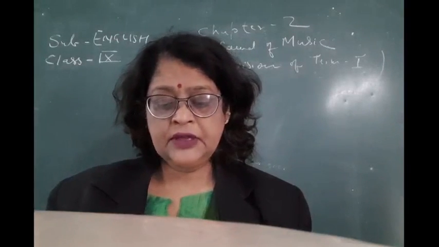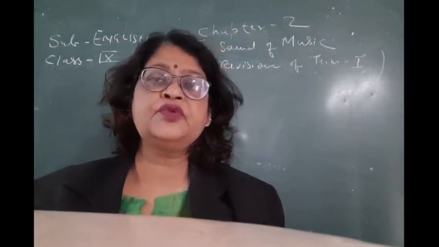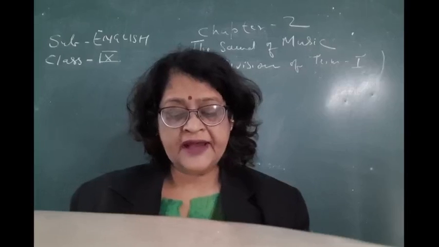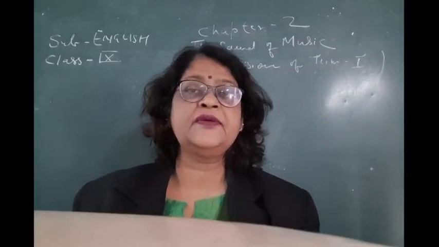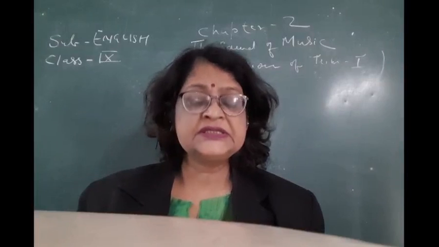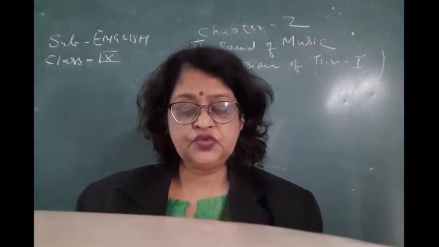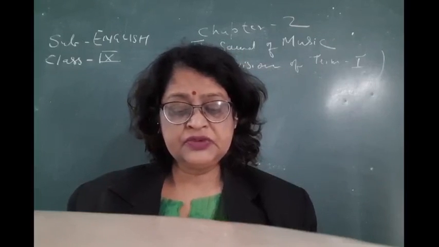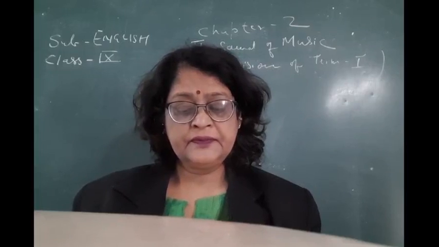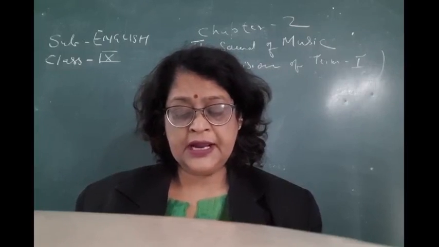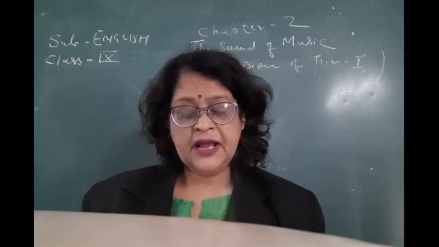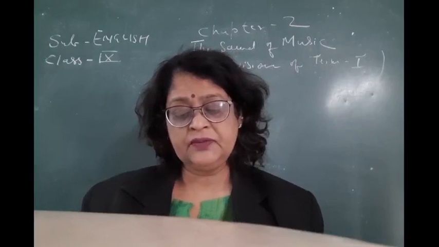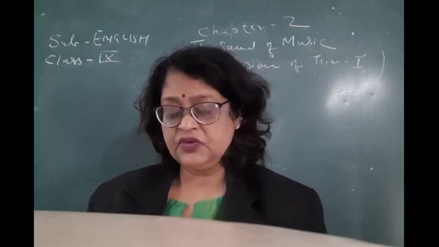Now children, the four options along with the question I am going to read. Question number 1 is, what was Evelyn not going to give up? The four options are: A, leading a normal life; B, interest in music; C, her dream of going to the Royal Academy of Music; and D is both A and B. So A is leading a normal life and B is interest in music.